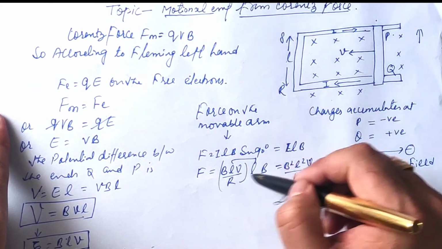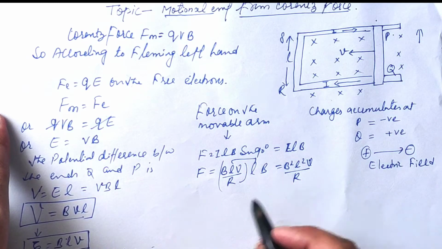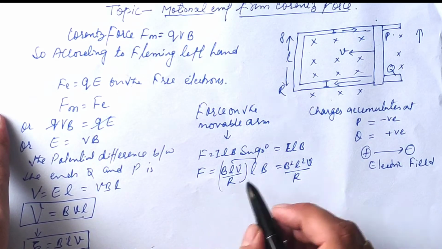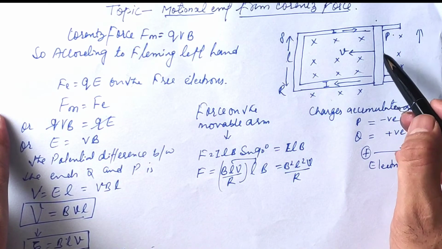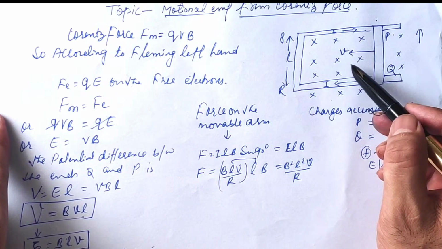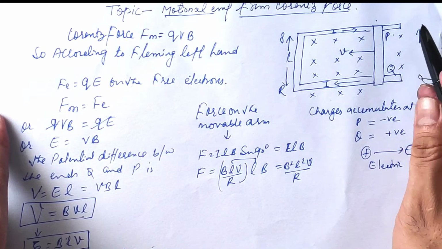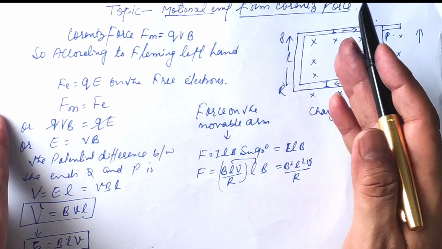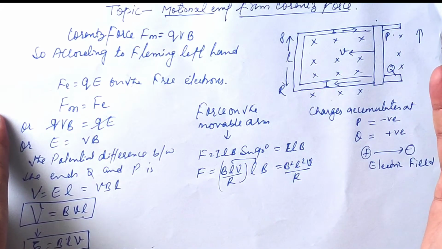Then the force experienced is like this. This is a conductor and it experiences a force like this. We can write this force due to induced current. This force due to induced current acts in the upward direction, opposite to the velocity of the arm, in accordance with Lenz's law. Hence, to move the arm with constant velocity V, it should be pulled with a constant force F.